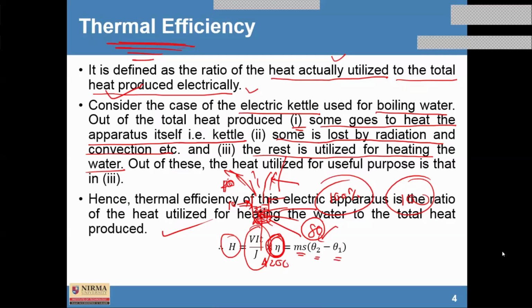तो आपने जैसे आपका थर्मल एफिशिएंसी में आपने जब गर्म किया पानी को उसके बाद भी टेम्परेचर थोड़ी देर के बाद चेंज हो जाएगा. So according to that we can write the expression of thermal efficiency also. So you can use the same example, same equation for calculating the different values of heat produced and heat utilized.